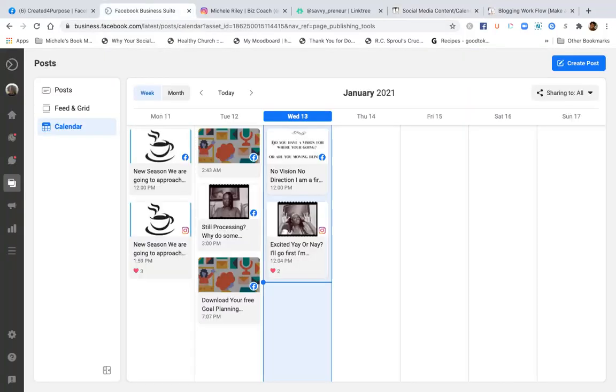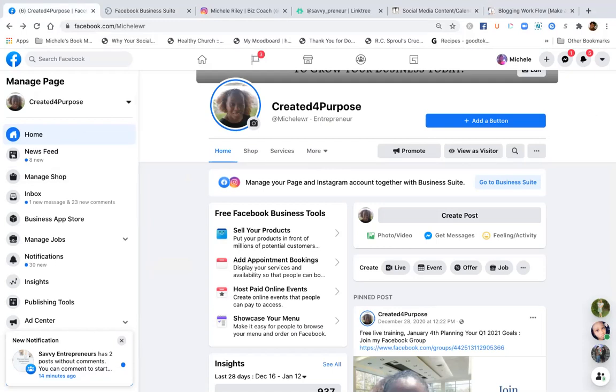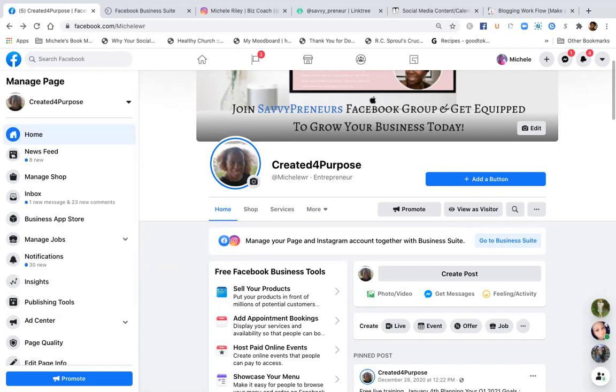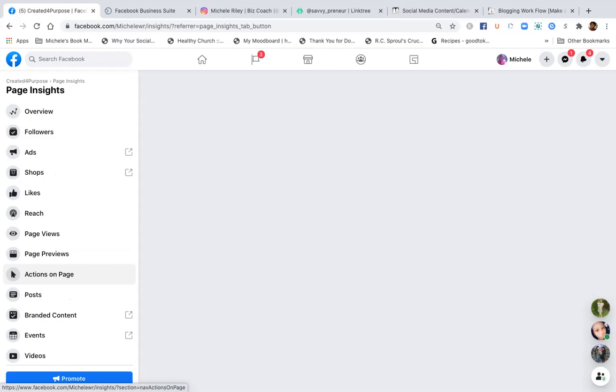But Facebook has its own suite, and I don't know if you know that, but you can go into your Facebook account. Hopefully you have a business account, because the reason why it's so important for you to have a Facebook business account is so you can get the data from your posting, so you'll know exactly the insights that you are getting. And let me just show you that as this is loading.